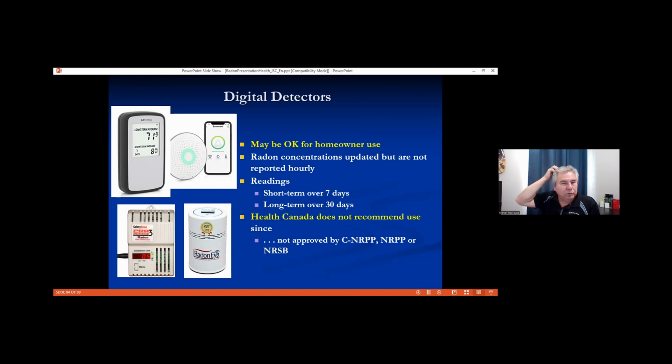So we have to use commercial grade devices. But for homeowners, it's very useful because they see the average radon levels from day to day, which is all they want. So it's very nice. They love these devices, and a lot of them use one in every room in the home. These devices can go from somewhere between $150 to $250, so they're very affordable. We're seeing more and more homeowners using these types of devices in their homes.